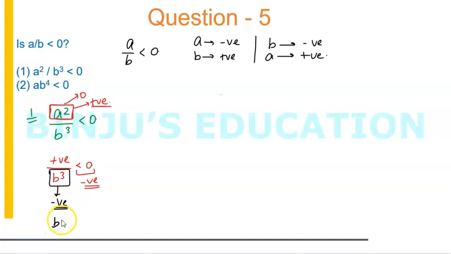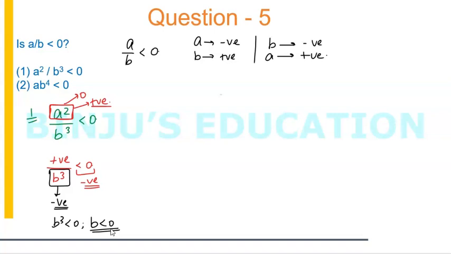Now if b cube is less than 0, then b is also less than 0. That's the only way of making b cube less than 0. There is actually no other way out. So if b cube is negative, then b has to be negative. Now the interesting part here which we need to understand is, if b is less than 0, that's fine,